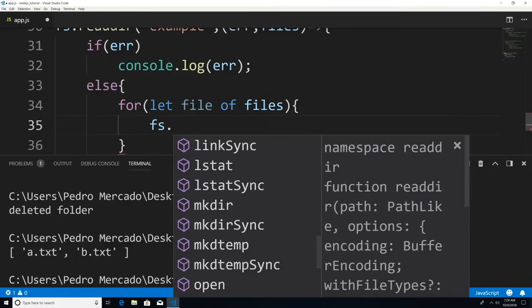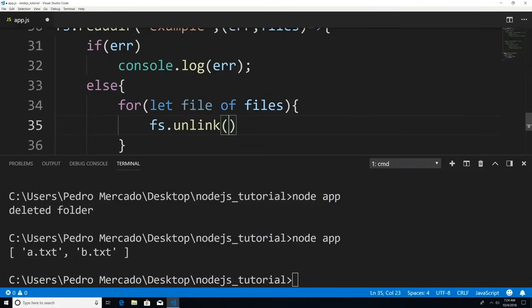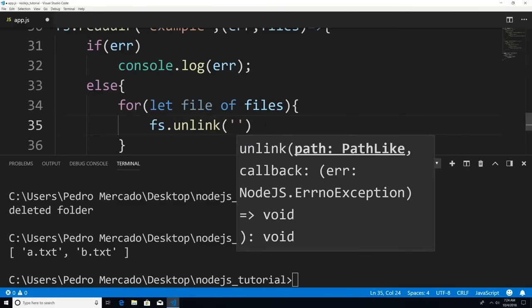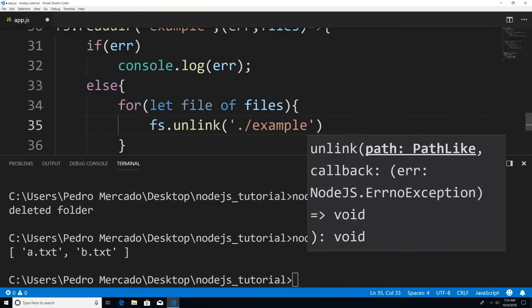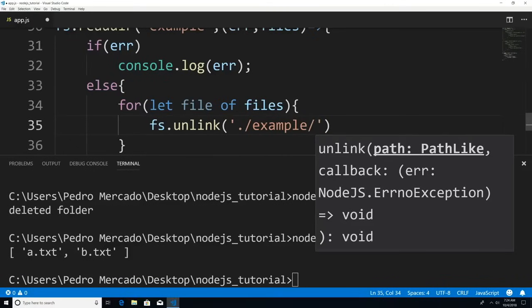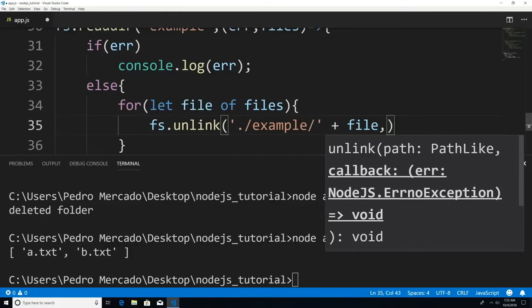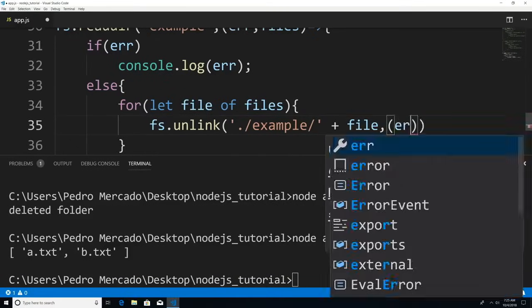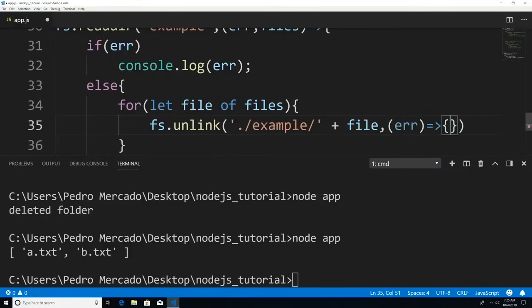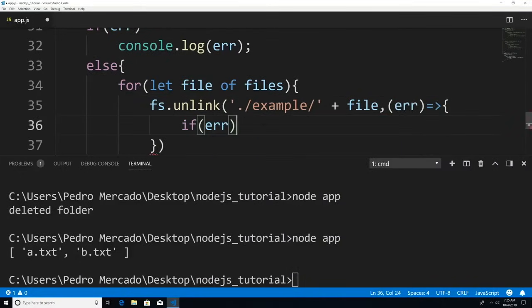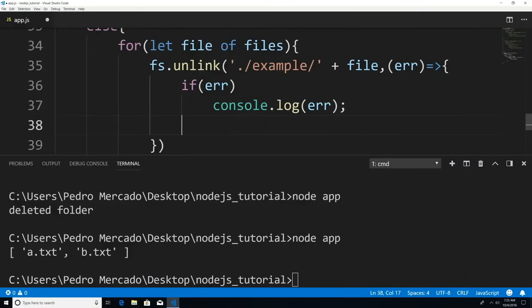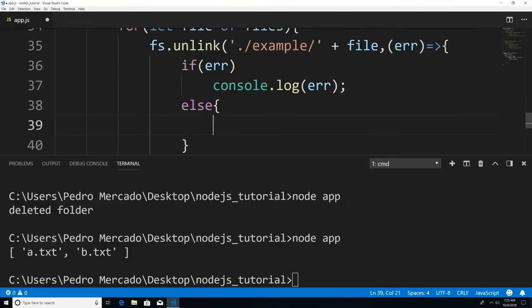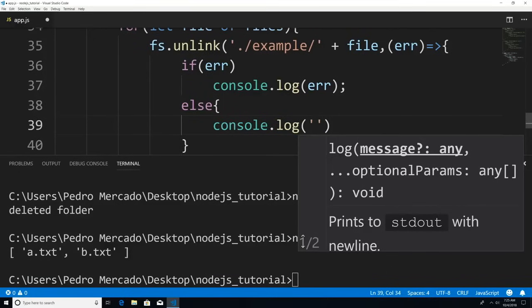So I could say fs.unlink, and then we're going to give it the file name. So it's going to be ./example, then it's going to be the name of the file. After that is going to take in an argument callback with an error. And if there was a problem deleting that file, it's going to print it out to the console. If there wasn't, we're just going to say successfully deleted file so-and-so. So successfully